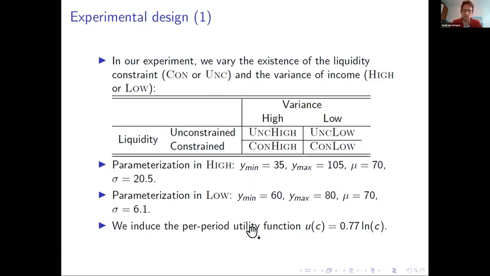And we introduce the per period utility function 0.77 ln(c), and we communicated that to the subjects by giving them the formula, a table, and a graph. So we invited 100 subjects to the high treatment, and 50 to the low treatment. That's based on a power calculation. And of the 100 in the high treatment, 50 first solved